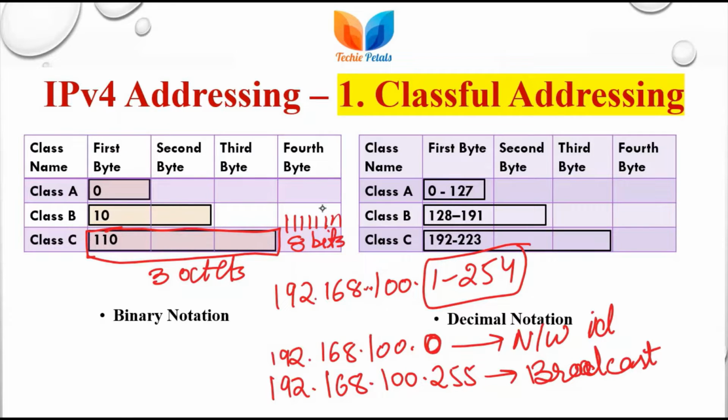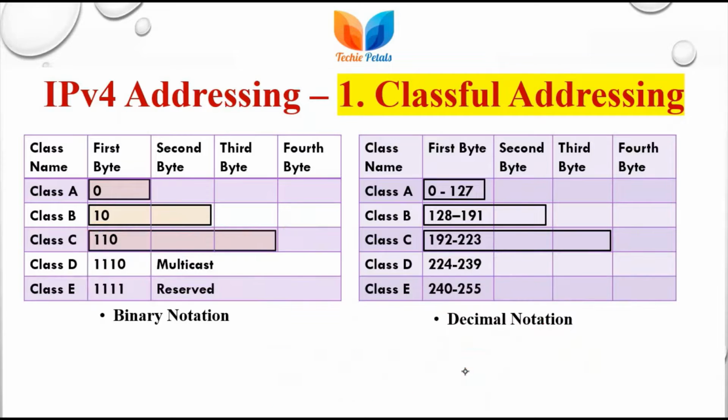Okay, we cannot use these two IDs as host ID, with all host bits 0 or with all host bits 1. So here we are left with 1 to 254, meaning a total of 254 hosts for this class C network, 1 to 254, right? Similarly, we have class D and class E also for the classful addressing category,